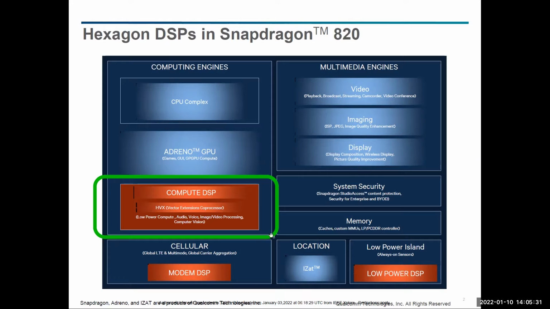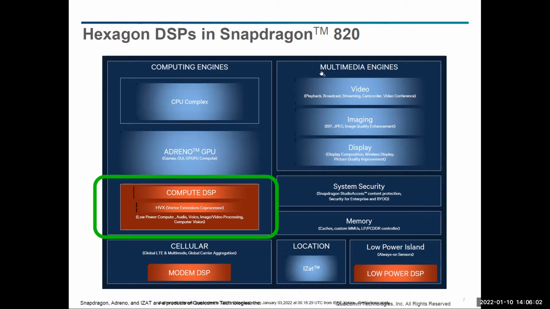Apart from the DSPs that I mentioned, there's one more DSP meant for sensors, and that's like an always-on chip. It is powered on throughout the life cycle of the phone, and it's mainly used for any kind of sensor processing, like your gyrometer or a GPS sensor. All these use the sensors low power island, which is again a Hexagon DSP. So apart from these three DSPs, there are